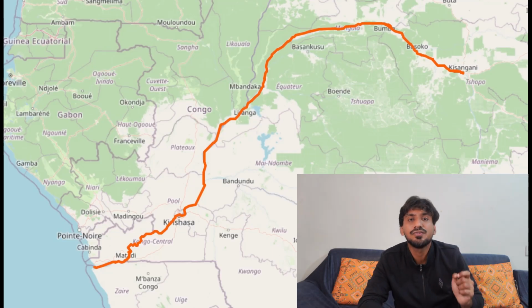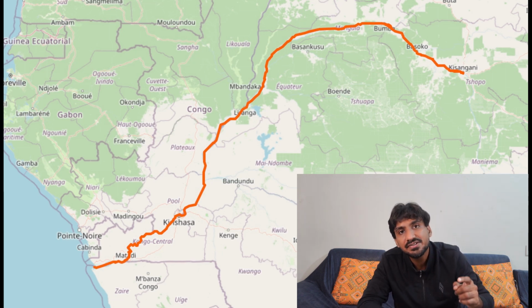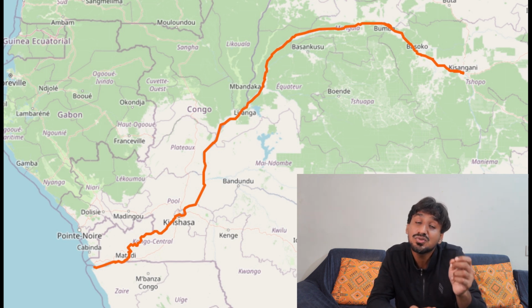Between 1874 to 1889, he traced the entire Congo River from where it is originating at Zambia. Through these cataracts and rapids, he went and traced the entire Congo River up to the Atlantic Ocean, and hence becoming the first person to do so. While tracing the route of this Congo River, he found the dense vegetation, the vast mineral wealth, the various flora and fauna associated with it, and he thought the area in and around this Congo River can be exploited by